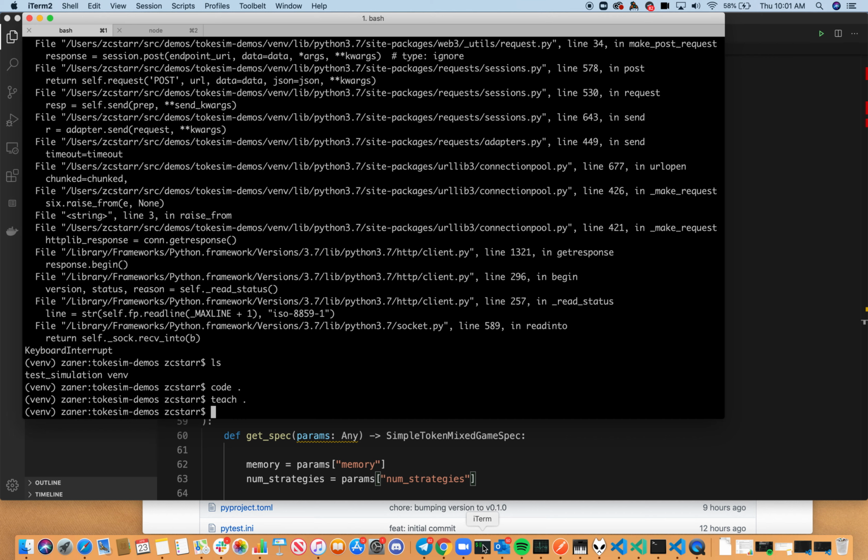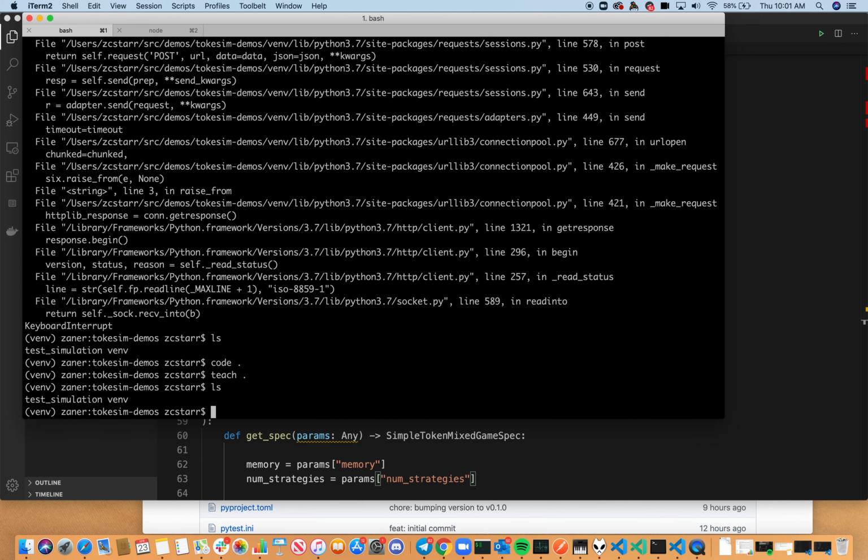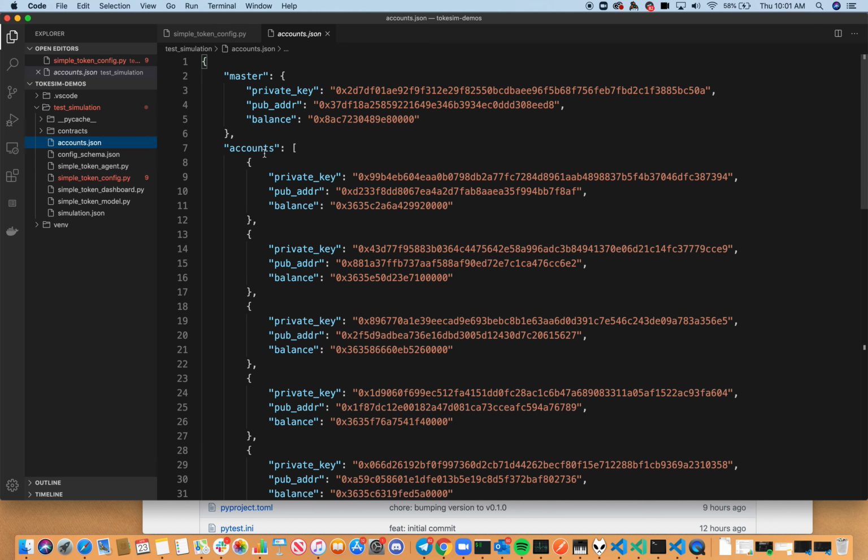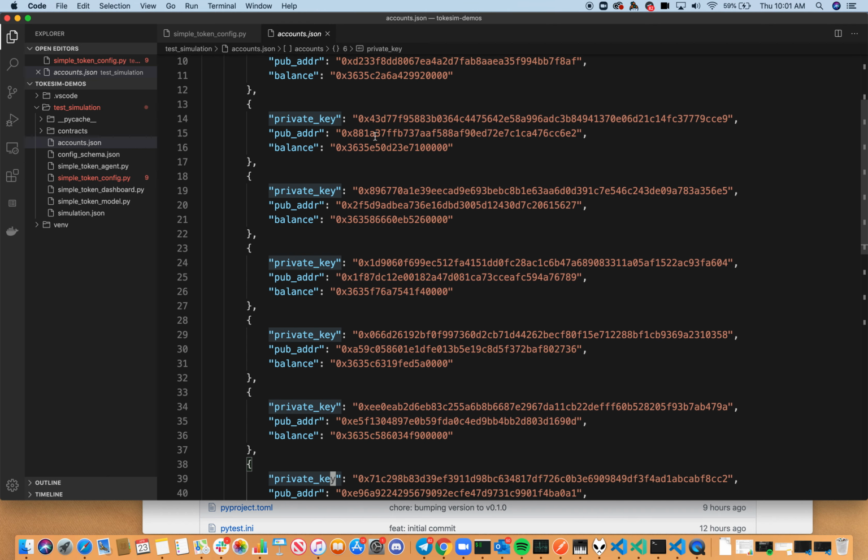We will just simply run it. Okay, so we already started a simulation and we have plenty of ETH there, and we also have this accounts file. So I'll just pop into that really quick, and this accounts file is basically being mapped to the different agents. So they have a balance and a budget and public and private keys. So you can recreate the accounts assignment